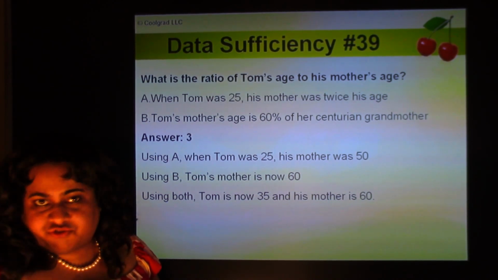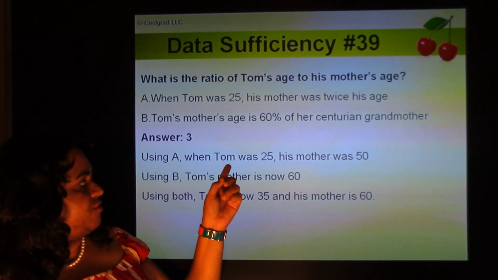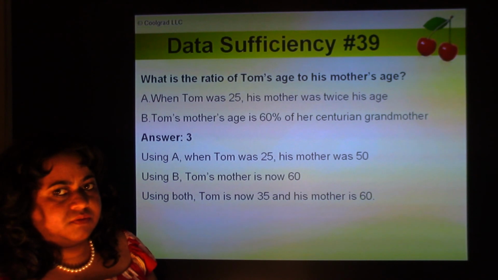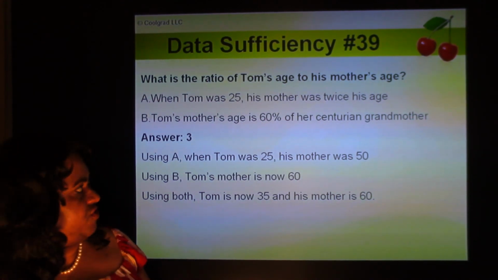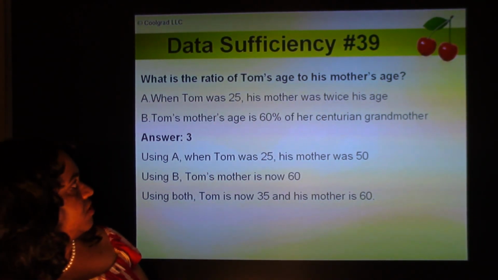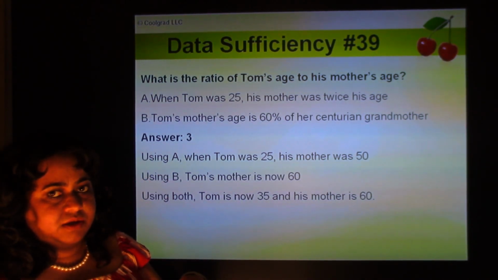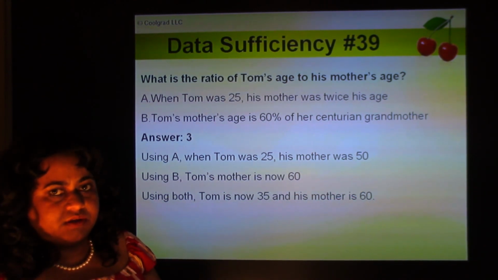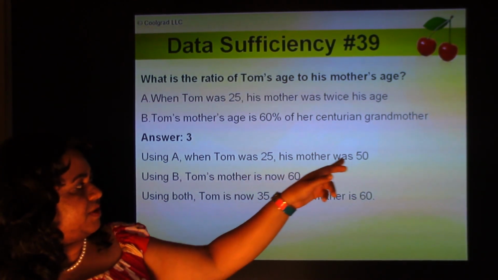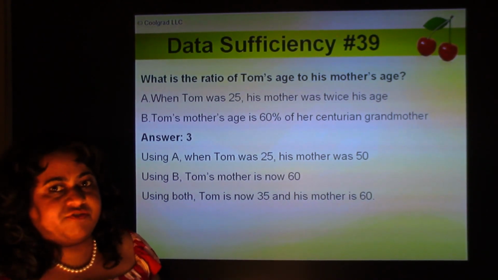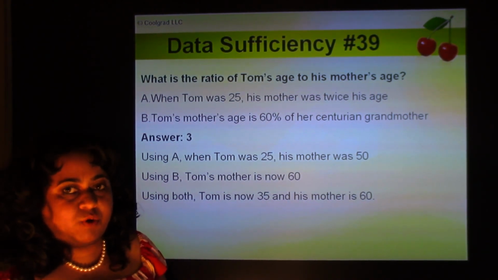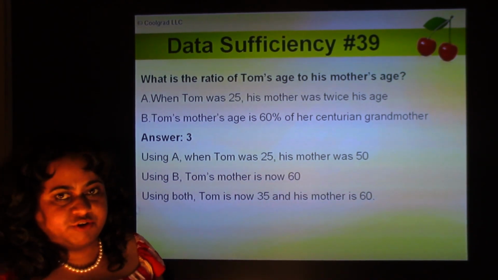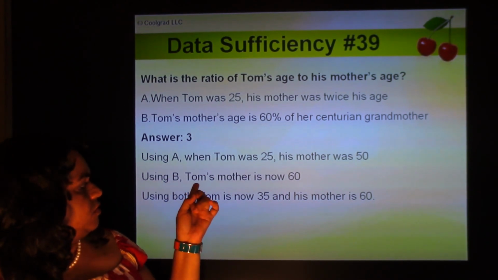So don't fall into this trap, okay? Using statement A alone, the moment you see, oh, when Tom was 25, his mother was 50, oh, so the ratio is 1:2. That's not true. What is the ratio of their current ages? Tom's age to his mother's age. When he was 25, she was 50. But right now, say Tom may be 50 and she may be 75. So the ratio is different. Or Tom may be 30 and his mother maybe 55. So the ratio is different, depending on what their current ages are. So don't fall into that trap and say it's 1:2. So Tom's mother is now